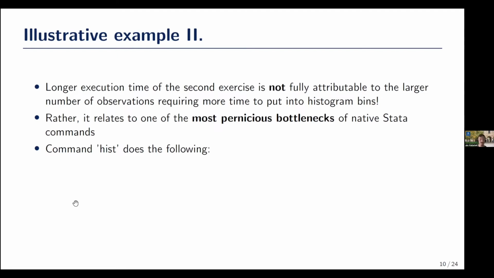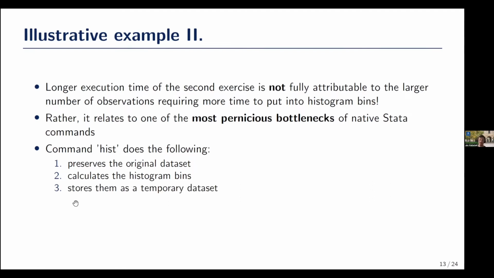So this workflow goes as follows. First, the command preserves the original data set, the huge, 100 million observations data set. Then the command calculates the bins of the histogram, which are to be plotted. It stores these bins as a temporary data set, effectively replacing the original one in the memory. And then it displays the corresponding graph, okay? Now, finally, the command restores the original data set into memory. Very simple workflow,